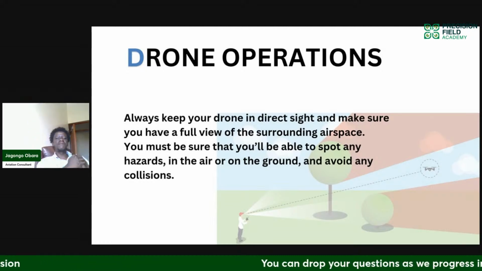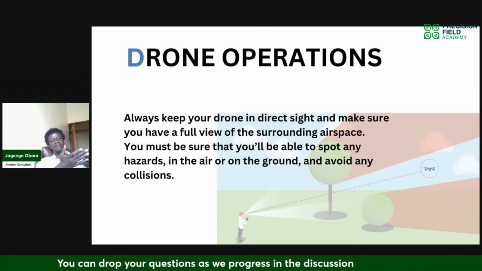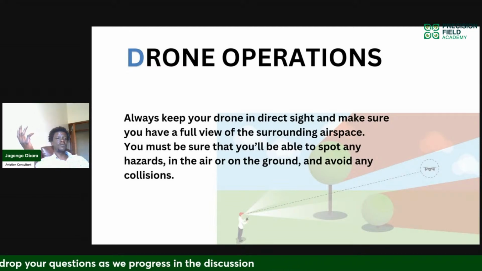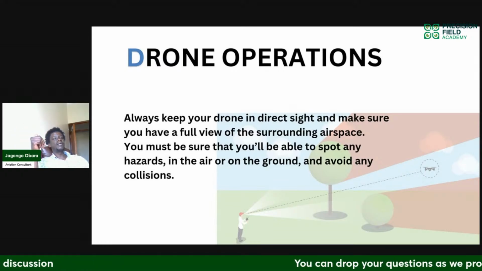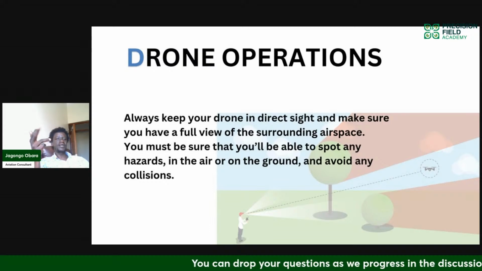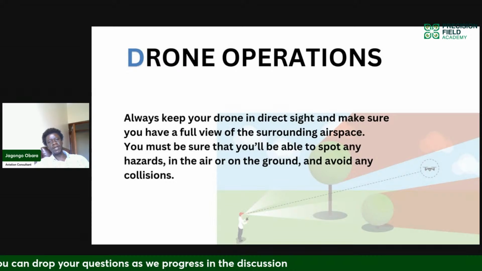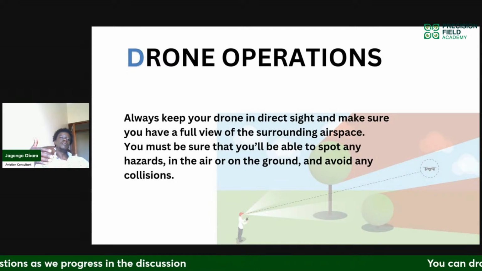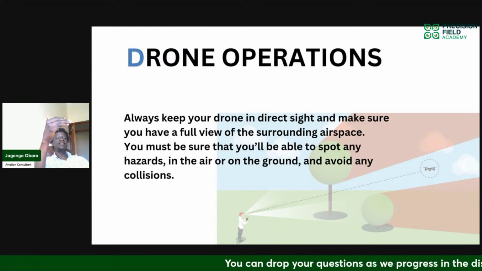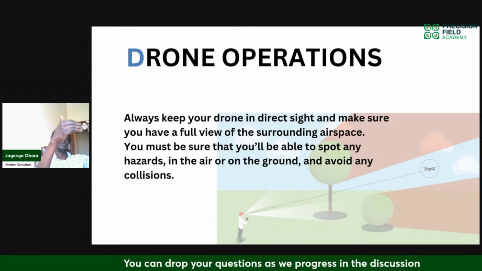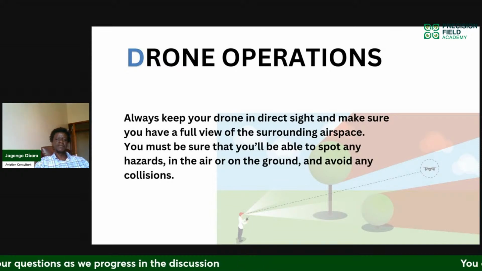Because not every farm is going to be within eyesight. You might be spraying a farm that has 10 hectares of tea or 10 hectares of eucalyptus. So this is not a distance that you can also look at, but for safety reasons, and this is why we're talking about drone management and drone safety, we need to be aware that, all right, my eyesight is limited to X distance. I need somebody else at distance X to also increase visibility of the aircraft.